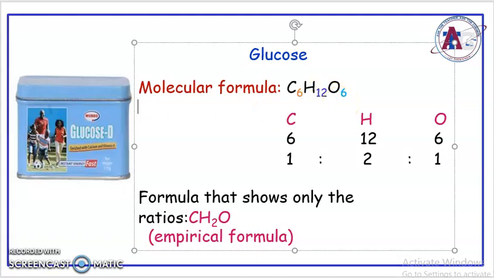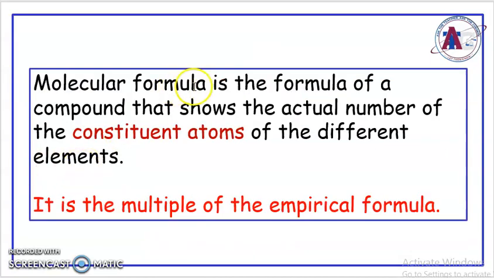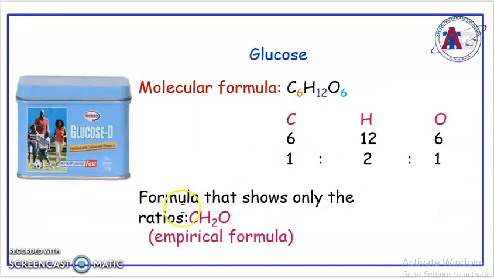So that formula that shows the actual number of atoms of different elements in a compound is called the molecular formula. So molecular formula is the formula of a compound that shows the actual number of the constituent atoms of the different elements. Now, if you recall our empirical formula, this is the empirical formula of glucose,